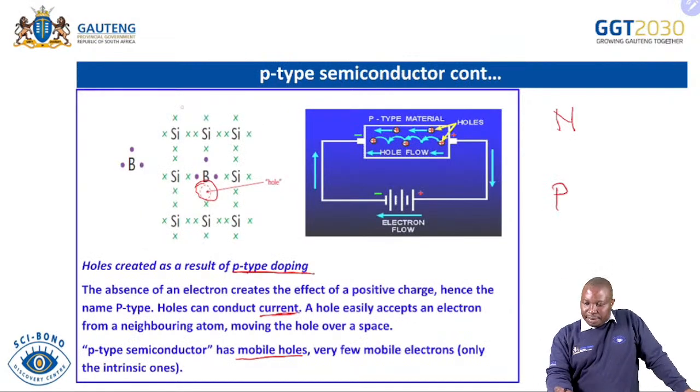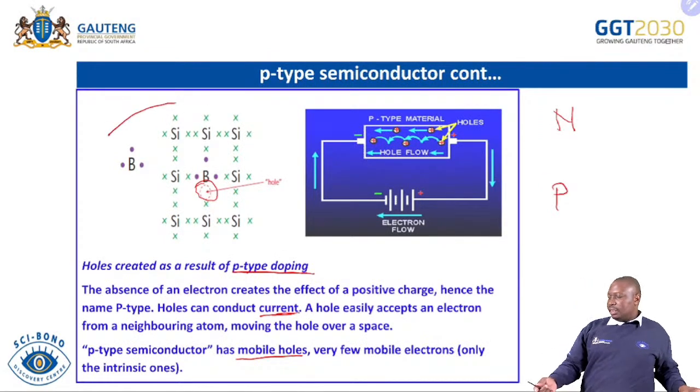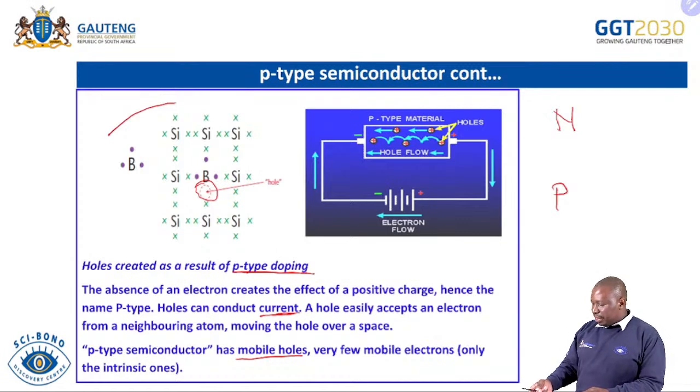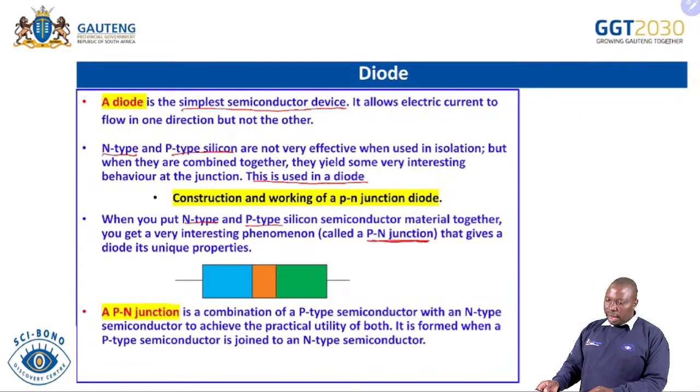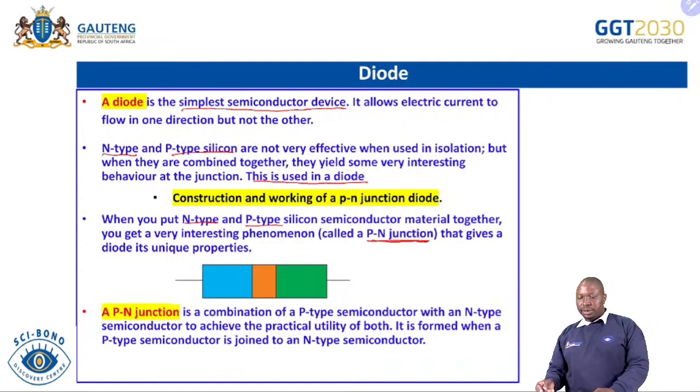Remember, the P-type is this one, where we use boron. So we're going to take the P-type silicon that we're having there, and then we're going to take another one, in this case, which is